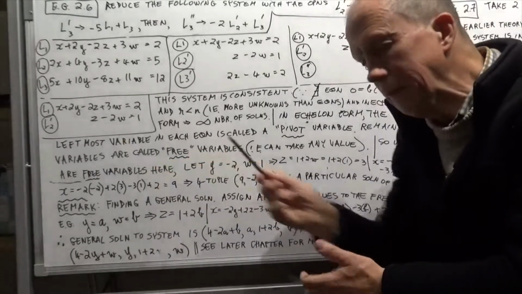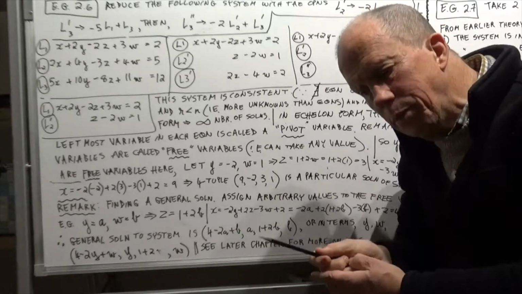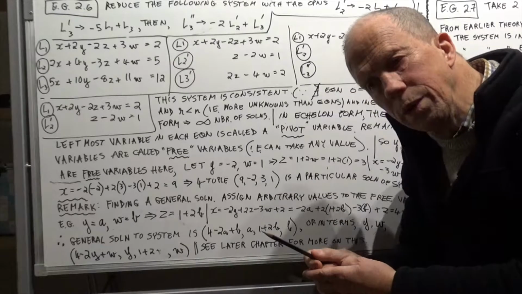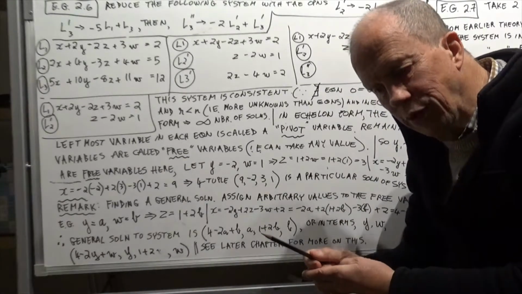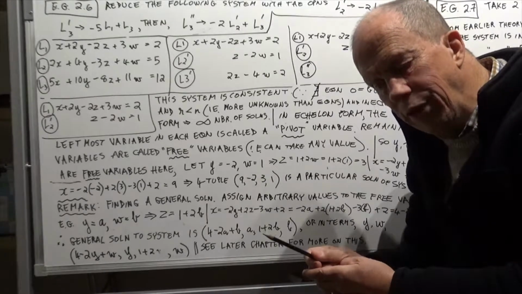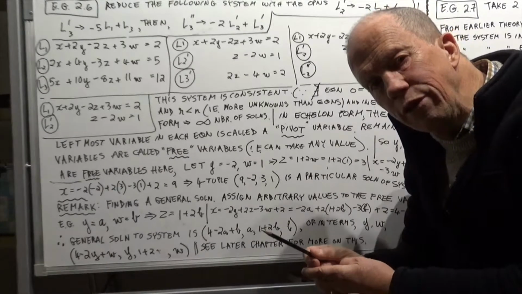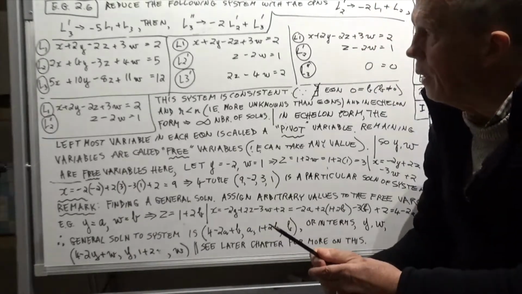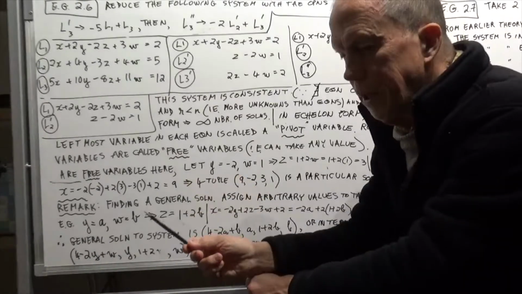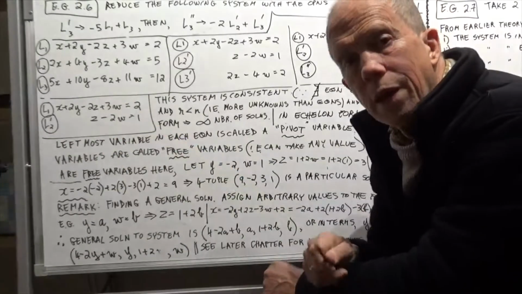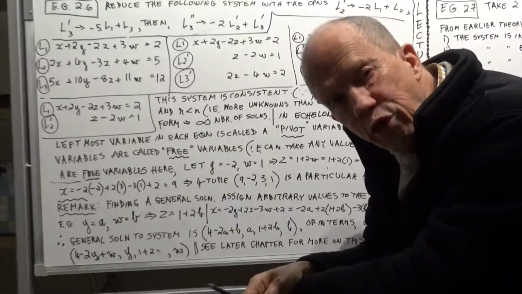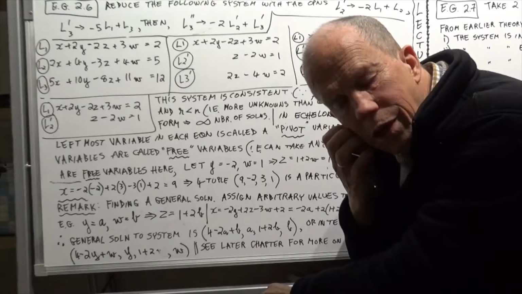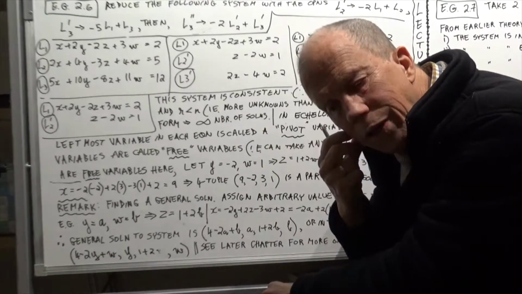Okay, now I mentioned this a little bit earlier, talking about the concept of the free variable. I gave a definition of what a free variable is. A variable is free if you can give it any value you like. It's free in that sense. So now we're going to talk about which are the free variables for this system, and I'll need to define what that means. To be able to do that, I need to introduce another concept, and that's called the